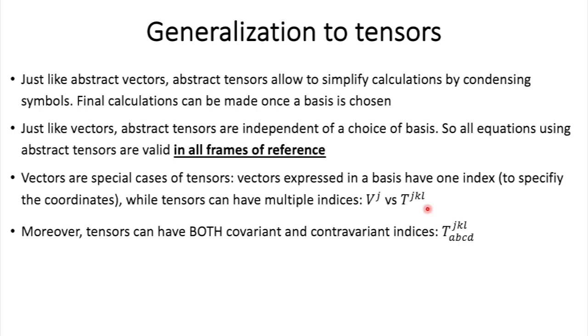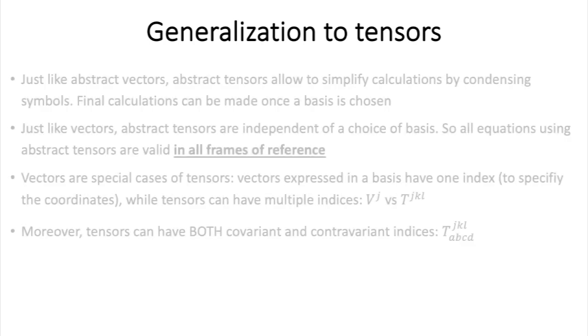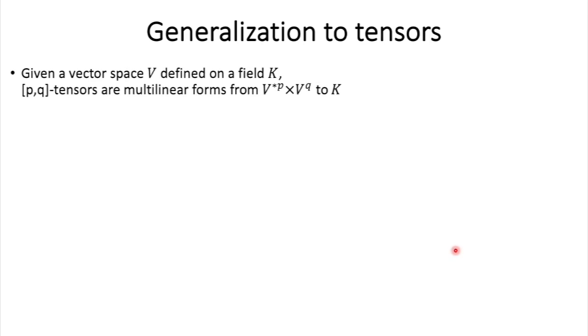Now, as you can see, tensors can have both covariant and contravariant indices. In other words, upstairs and downstairs indices here, like this. And so they look a bit complex, but believe me, when you see something like that, it means they are hiding something much more complex than that, actually. Now, sometimes the tensor notation is used with indices, even for the abstract tensor, just to know it's a (p, q) type. And so here is a definition again.